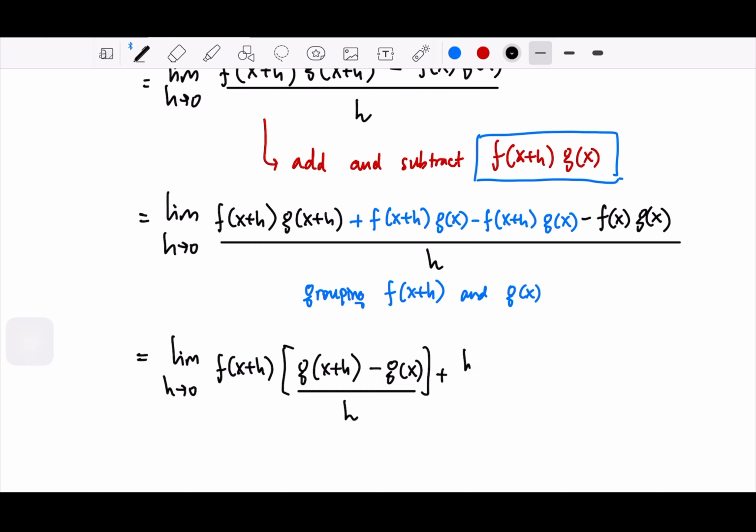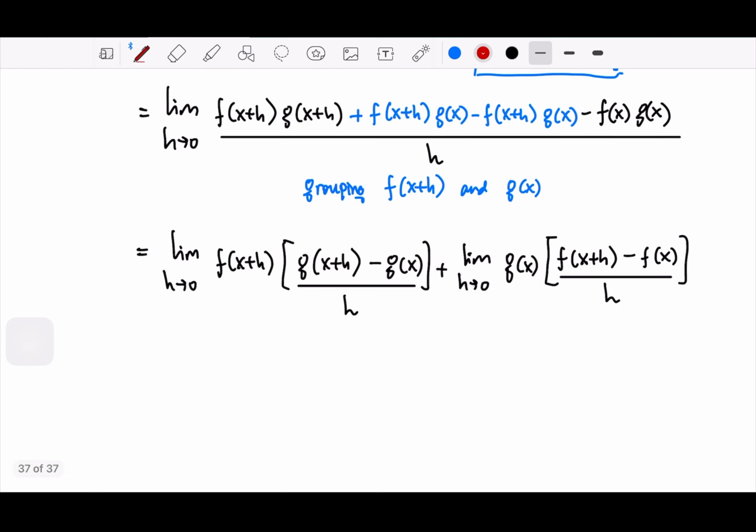And then plus the limit as h goes to 0 of g of x, times f of x plus h minus f of x. Okay, and we can see clearly,